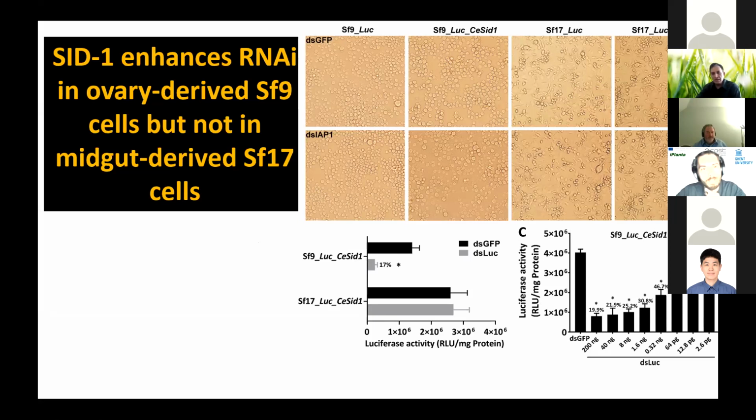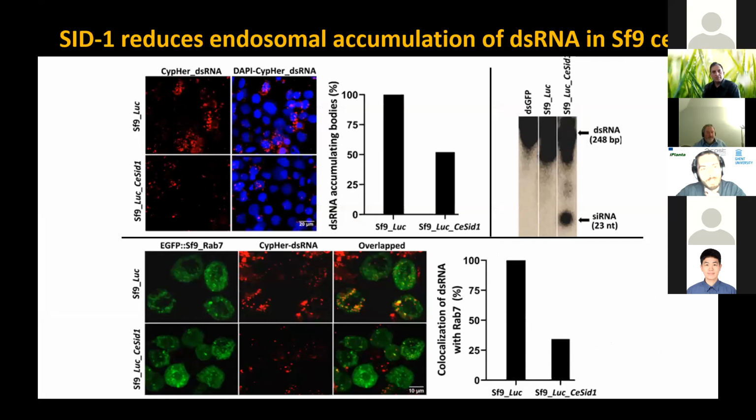We can see even with 1.68 nanograms, we begin to see knockdown, whereas in the wild type cells without SID1, there is hardly any induction of RNAi. This got us intrigued, so there seemed to be a difference in how the transport of dsRNA occurs in these cells. We wanted to make transgenic Plutella and see how different tissues respond to this SID1